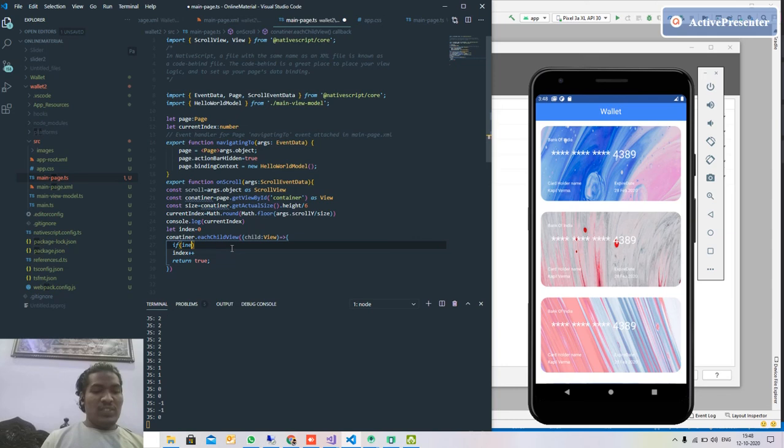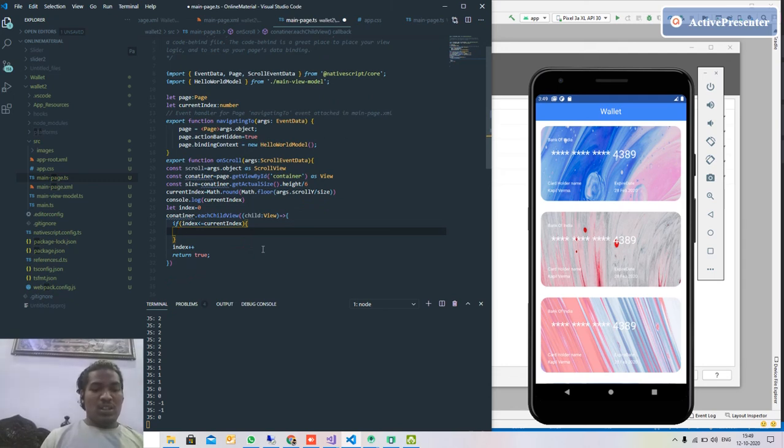Okay. So if the index is less than or equal to the current index, let me show how this value is calculated.